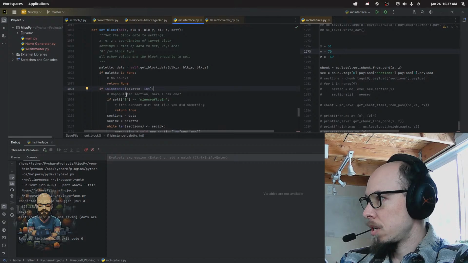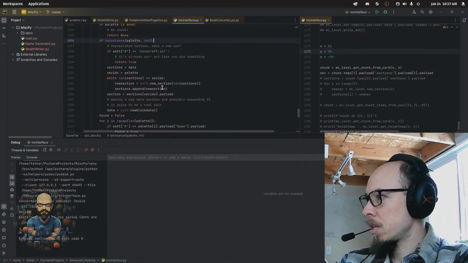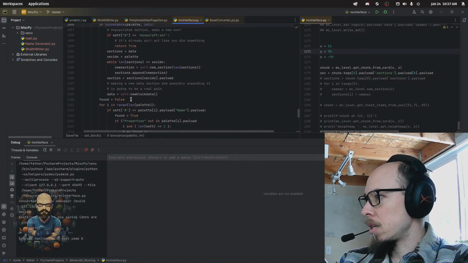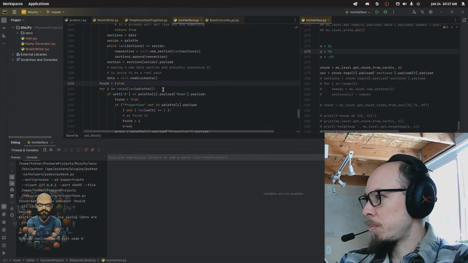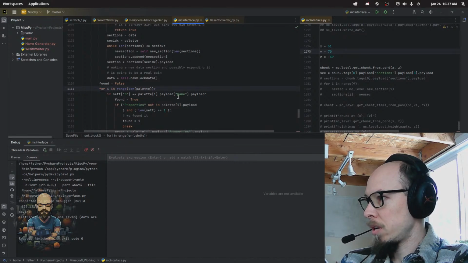If palette is an instance of int, then it needs a new section. If in palette, integer payload name dot payload